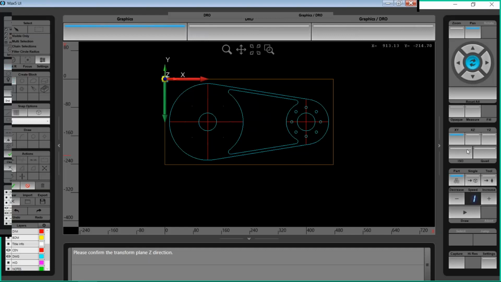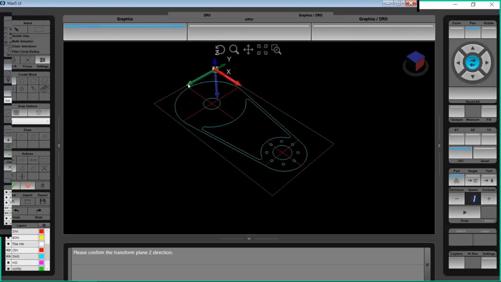So by opening my graphics and going to the isometric view, I can see that it oriented that incorrectly, okay? So what I'm going to do is simply click on it and allow it to reorient. So now I've got the Z-axis going in the correct orientation, and I'll go ahead and hit the green check